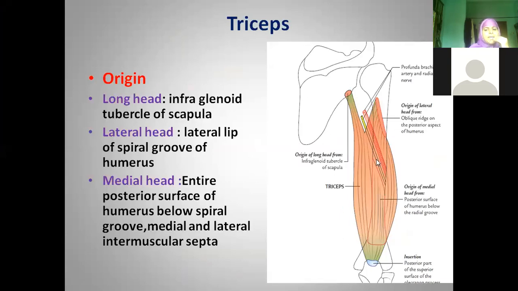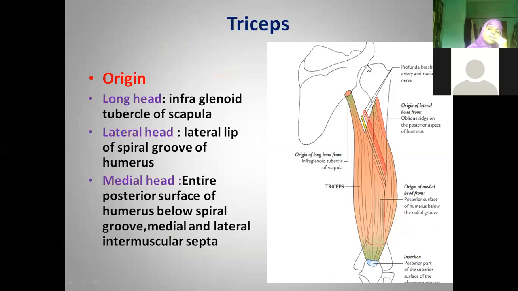So now this is actually a very important muscle, beta. It may come as a 5 marks question. Triceps. Okay. So this muscle I didn't discuss as such, like separate, isn't it? So triceps means it has 3 heads. It has a long head. From where is it coming? Infraglenoidal tubercle.